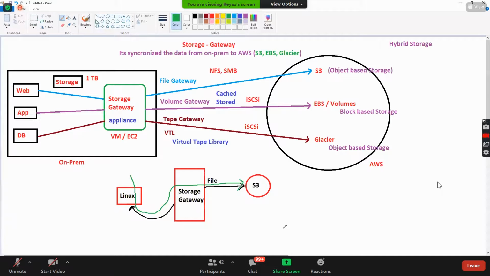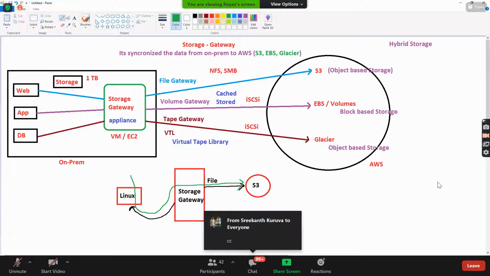You understood the task? Is it possible to mount S3 to the Linux machine directly? Did we learn that? No. So using the storage gateway, now we will mount S3.